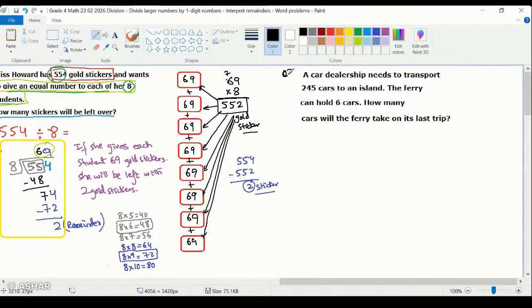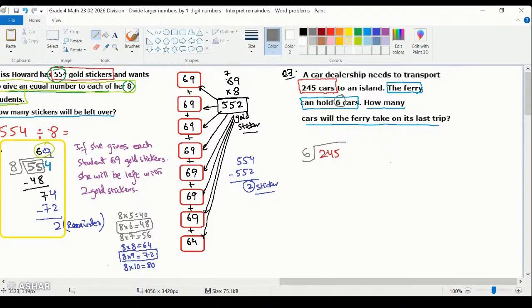Question number 3. A car dealership needs to transport 245 cars. They sold 245 cars. They need to deliver 245 cars, right? But they are on an island. The ferry can hold 6 cars. Each time the ferry goes, it can hold 6 cars, right? So how many cars did the ferry take on its last trip? Let's see how many completely full trips there are. So what we do is we divide 245 by how many cars it can hold. It can hold 6 cars, right? That means 6 times